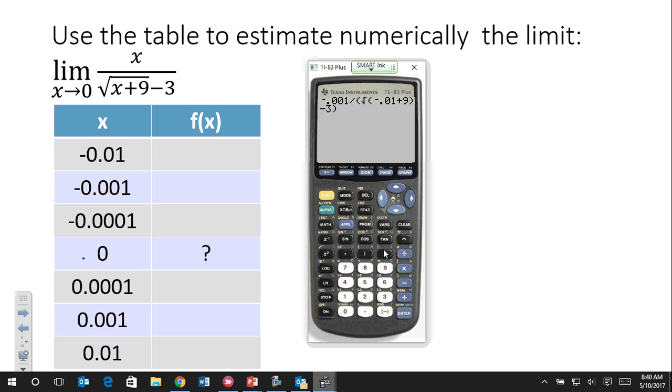Okay, so I started with my number in the numerator, divided by, open parentheses, this is all being divided, square root, this is what's in the parentheses, and then close that parentheses to close the square root, close this parentheses to close the denominator. Okay, so we press enter, and we get